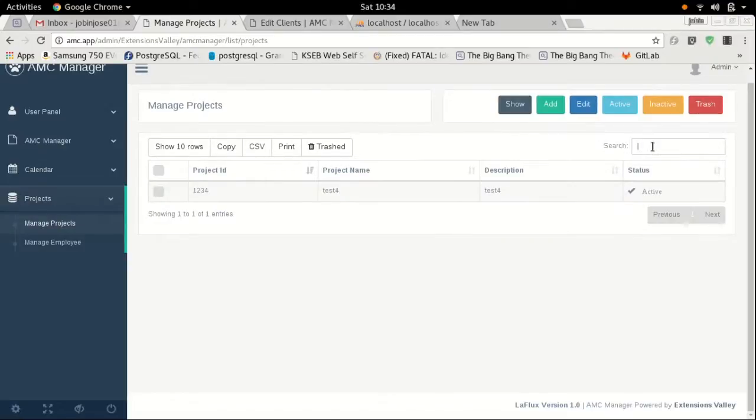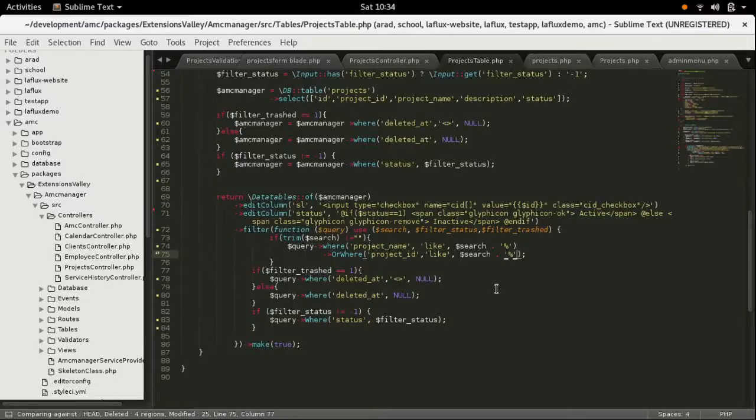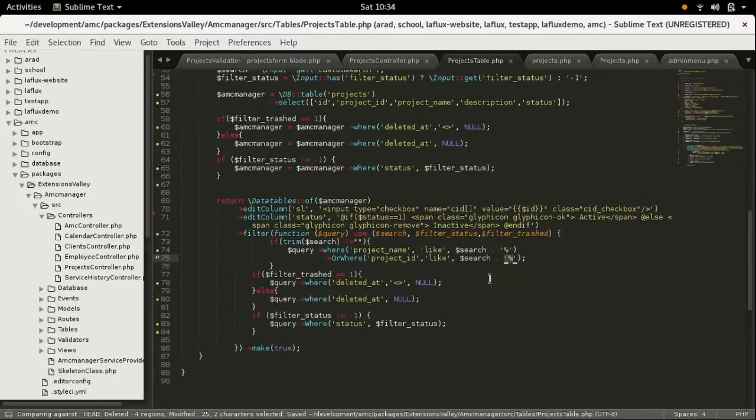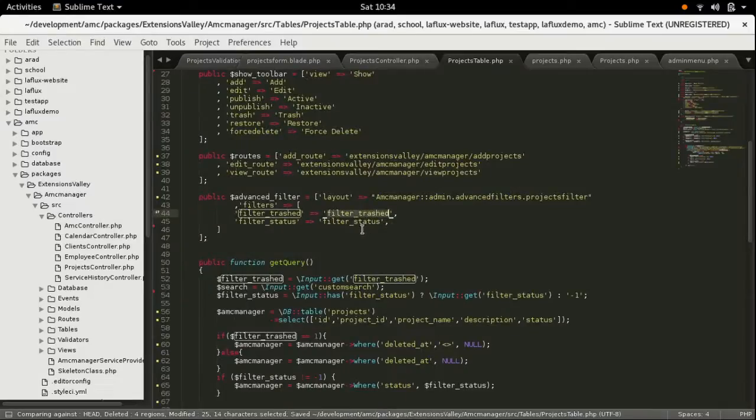I can put 1 2 3 4. Yes, it's there. Suppose I type 5, it's not there. Yes, because it's searching with start with. You can change the conditions if you like. So in this I just need status things in